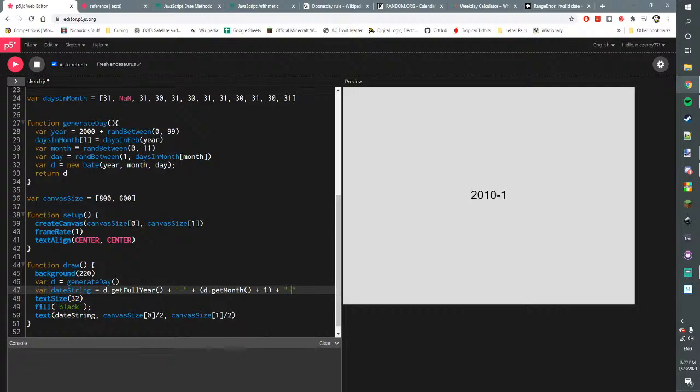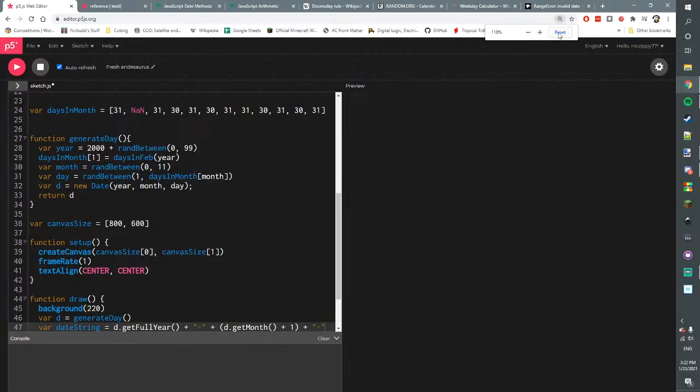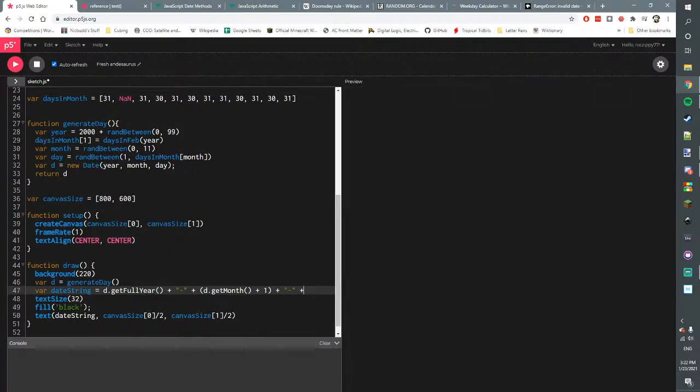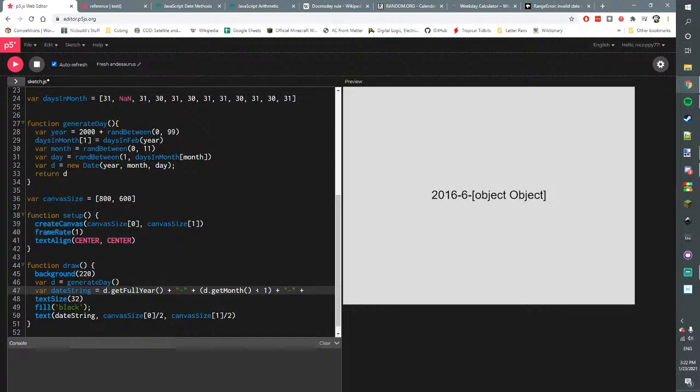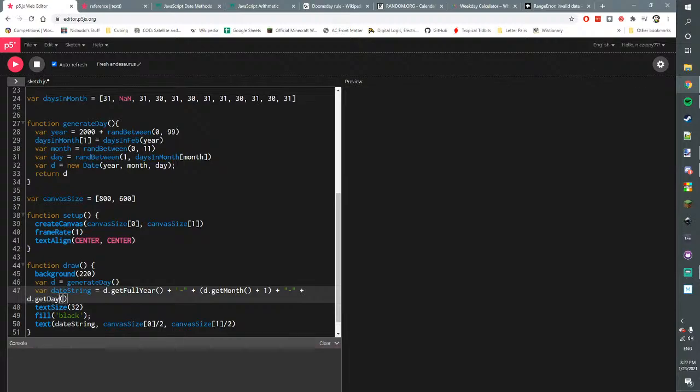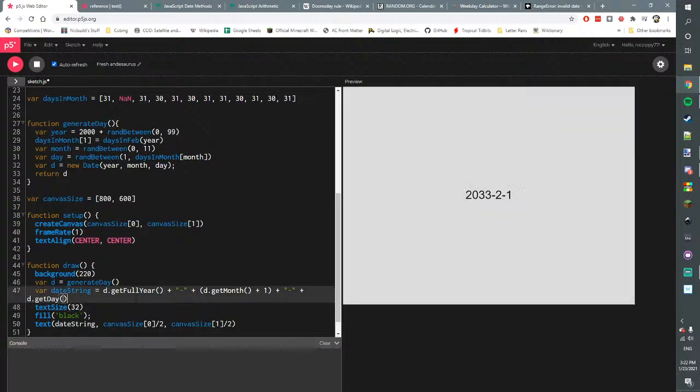Plus a dash plus, oops. Plus d.getDay. And we're doing it like this, and we're not passing multiple variables because, oh,